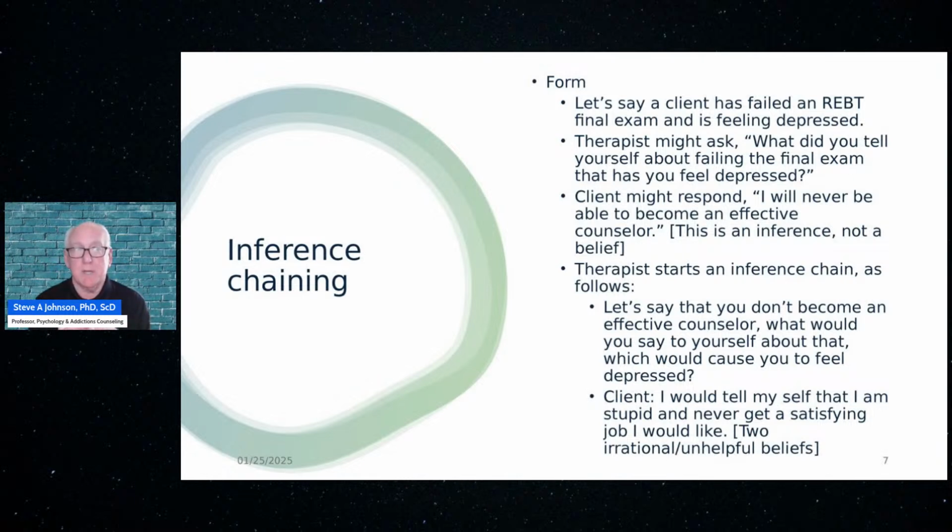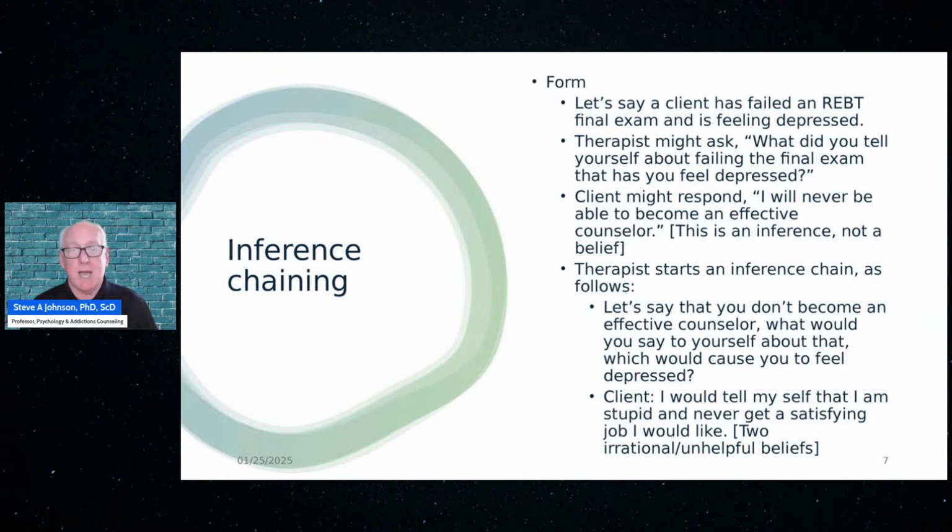Assume the truthfulness of the inference, whether it's truthful or not, because it's a worst case, and you're thinking it. And then what would you be telling yourself about A that's causing you to feel or experience C? Every one of those pieces has to be there. Leave one out, you kind of mess up. And we will have more time in another real case next week to walk through this concretely. I'm giving you skills right now.